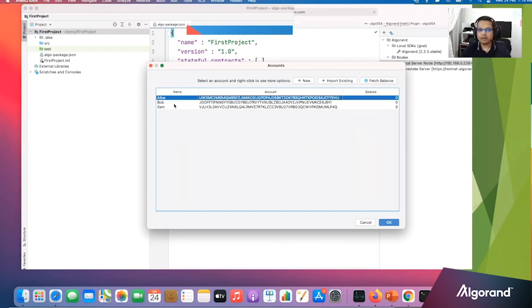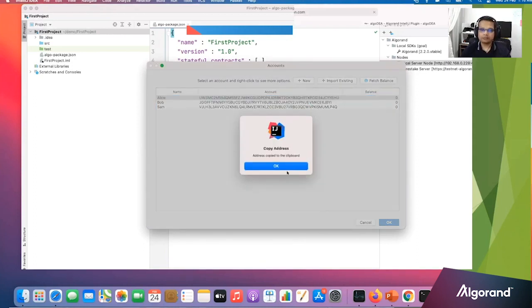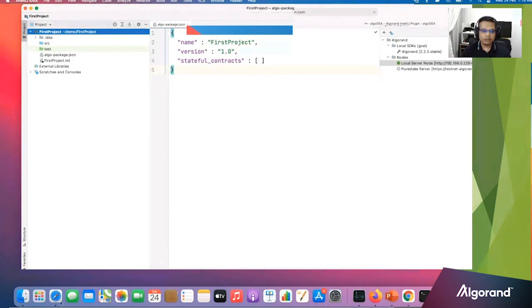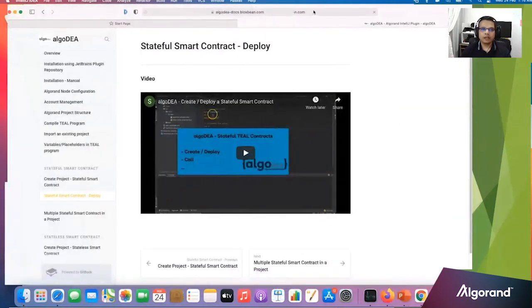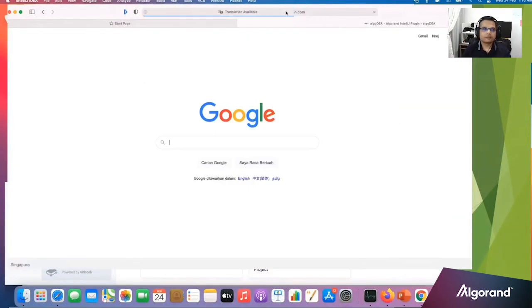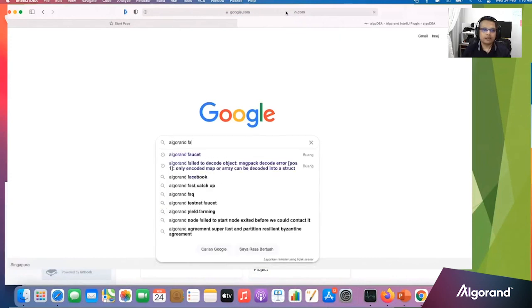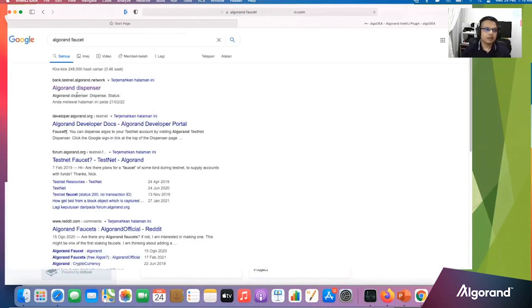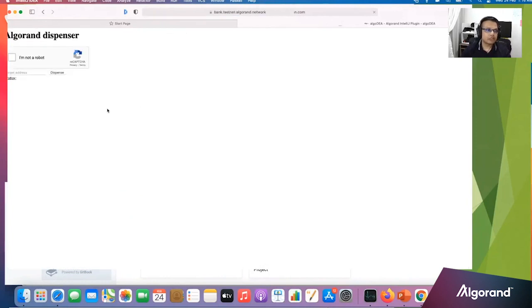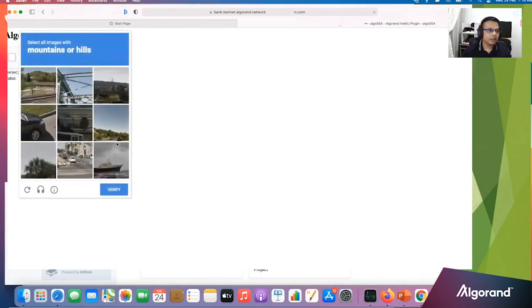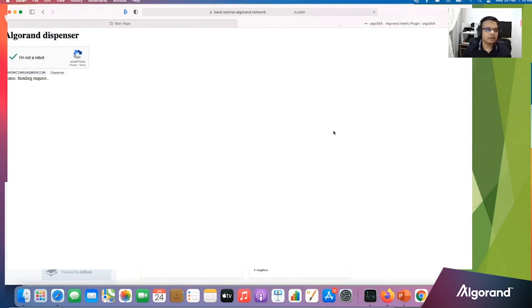The next step is basically we have to transfer some fund to this account. Let's right click on Alice account and copy this address, and I'll go to the browser now and I'll search for Algorand faucet, and the very first search result is basically the testnet faucet. So I'll paste my account address and I have to select. Okay, so the transaction is now successful,